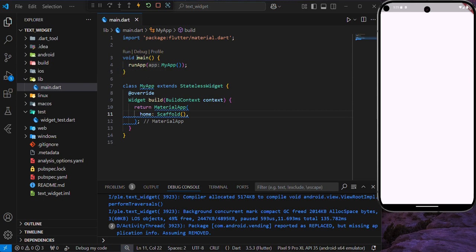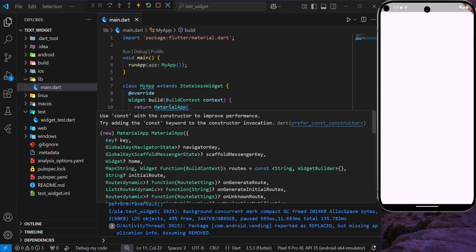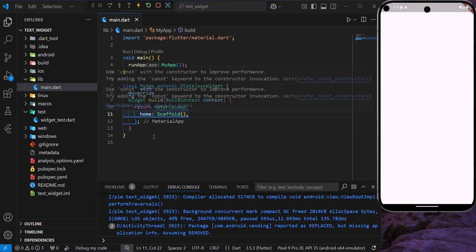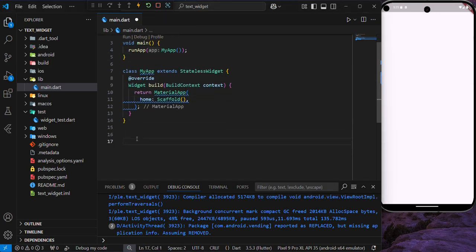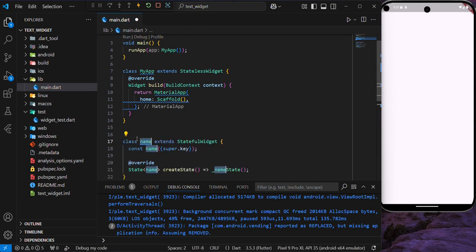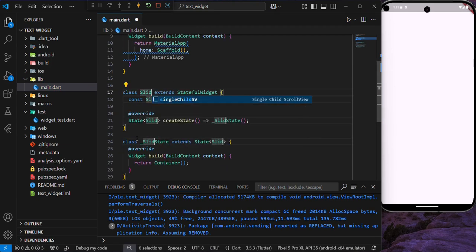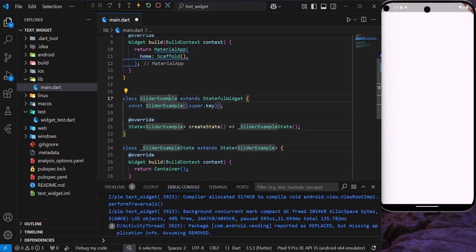On my screen here, I have my void main method and my runApp method, which takes a stateless widget, which is my app, and my app returns a MaterialApp. So what I'm going to be doing now is creating a stateful widget, and I'm going to name it SliderExample, and then just going to copy this. I'm going to replace this with it,